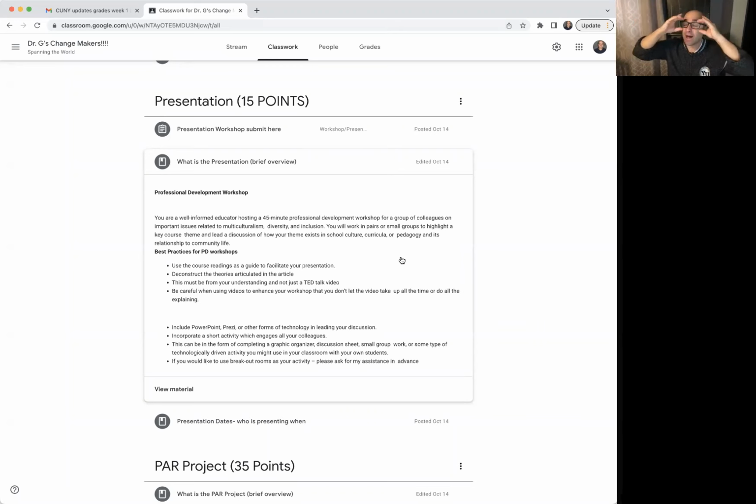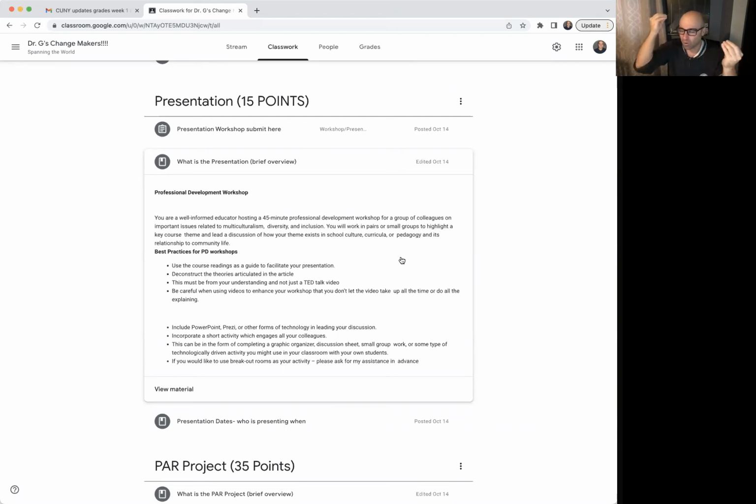Then you say, okay, how do I explain the issue with that big idea? Well, I'm going to use critical theory. So I have my reading. In my reading, this is the language, this is the critical theory. So let's take that critical theory language, take my big idea, and connect them. So my big idea, for example, is curriculum. My critical theory that I'm dealing with is diversity, and in particular, multiculturalism.